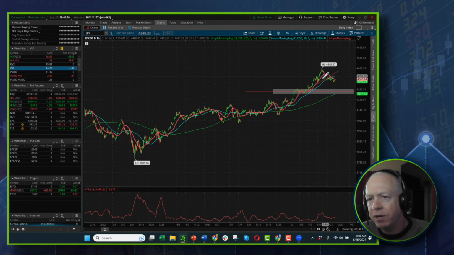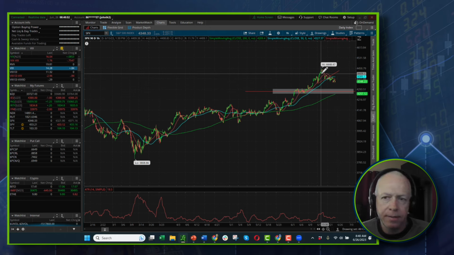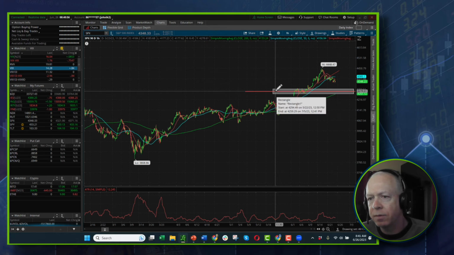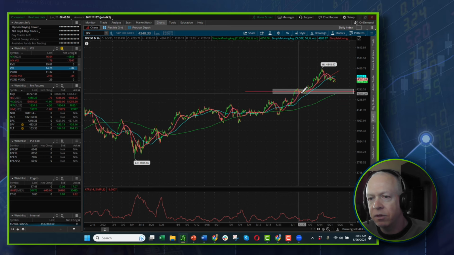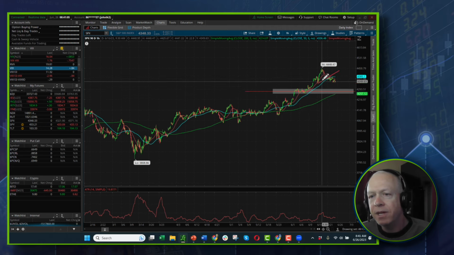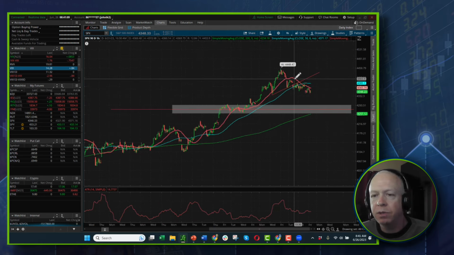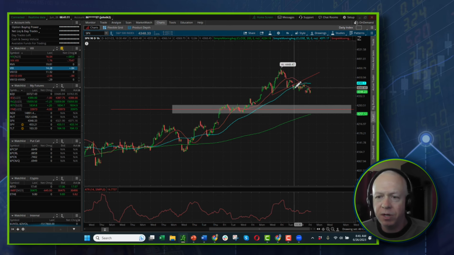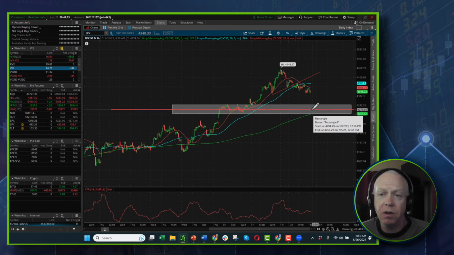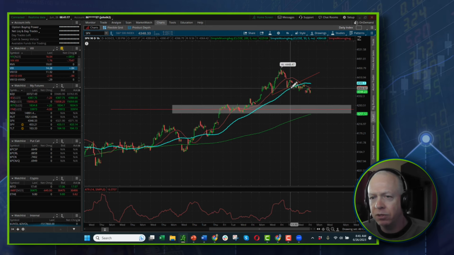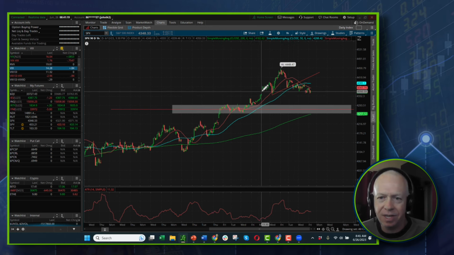So we have a price pattern target on a short-term head and shoulders pattern at 42.80, which also lines up with the center of the most relevant consolidation zone. That makes it fairly probable that we're going to see a breakdown of this price pattern, and it's going to come down in here, and it should do it in the amount of time it took the price pattern to form, which is approximately, I think, 6 days, right?